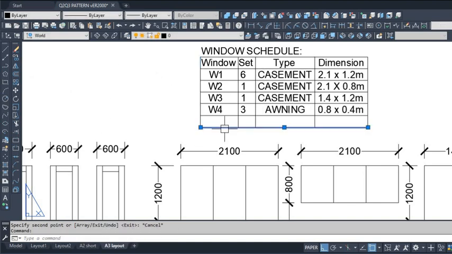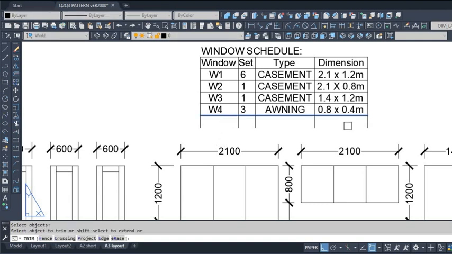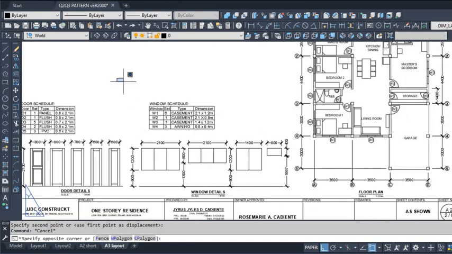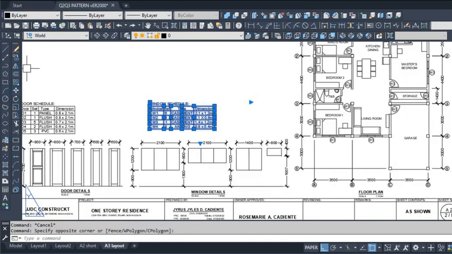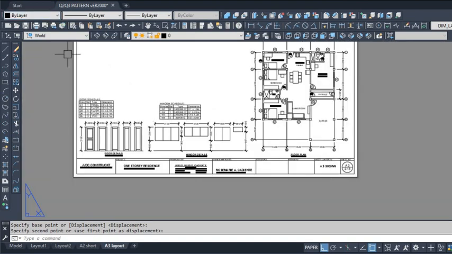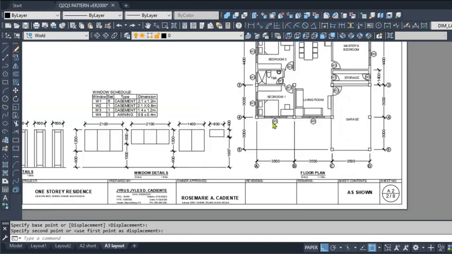So meron na akong window schedule. Okay. And then, itatapat ko na lang yan. Make sure that you save your work once in a while. And then, i-check ko ngayon itong